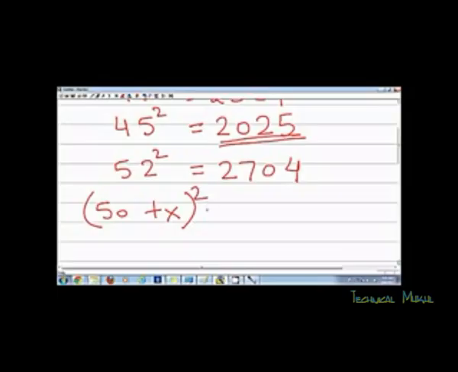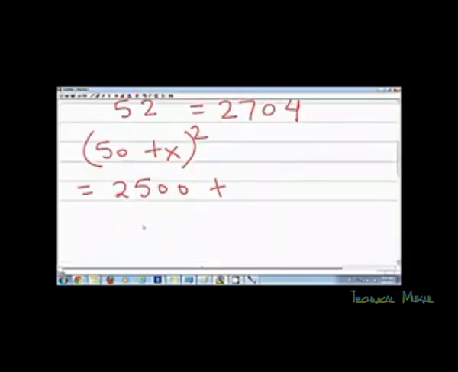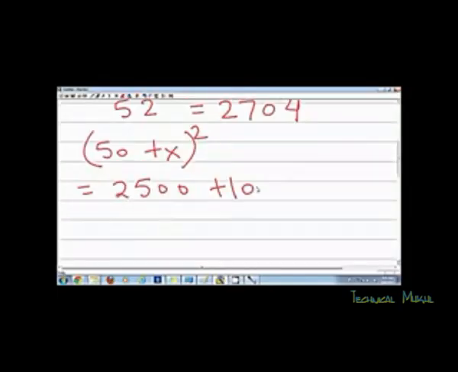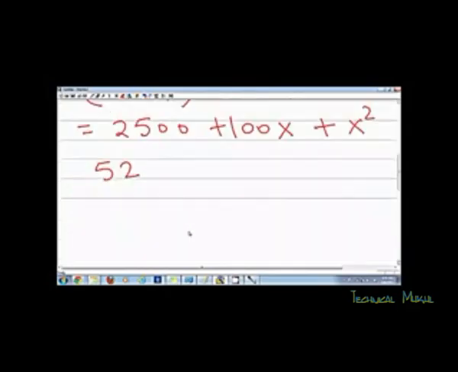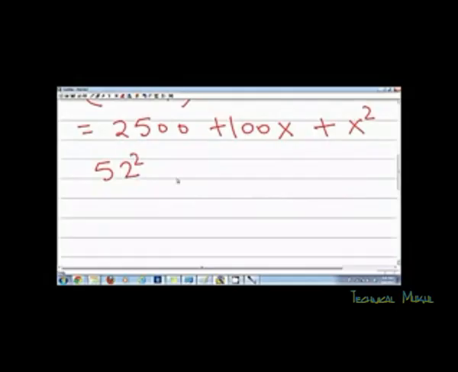So (50 plus x) square will be equal to 2500 plus 100x plus x square. So you can see that if I am taking a square of 52, then x in this case